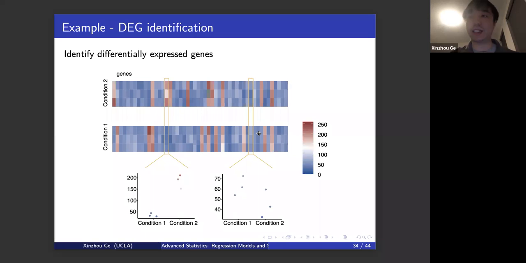I introduced this problem yesterday, and let's come back to it to see, can we use linear regression to solve this problem? So here our predictor will be the condition. It will be a binary predictor, either 0 or 1. However, if we look at the response, we may not be able to use the linear models that we used before, because